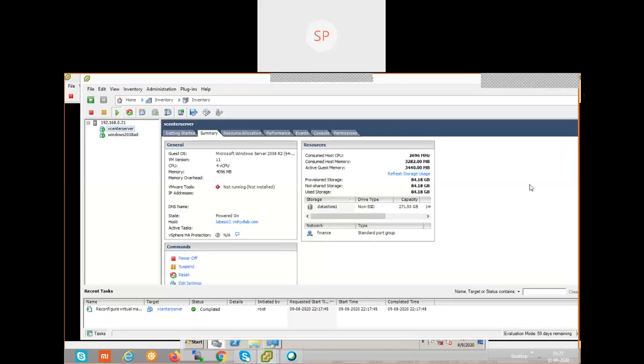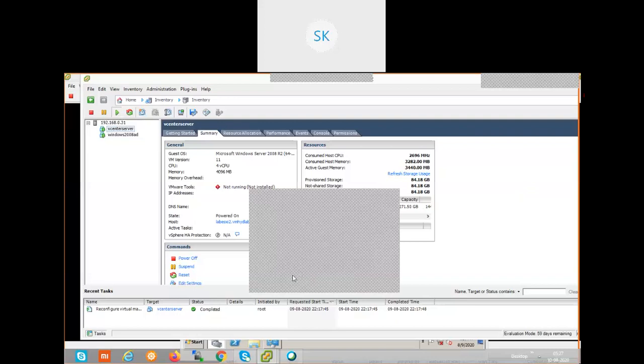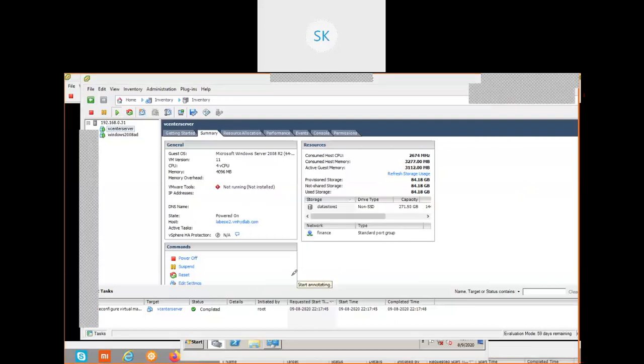If you see the VM version, in this General tab under guest OS, it is Windows Server 2008 R2. What is showing? 2008 R2. What is the version?